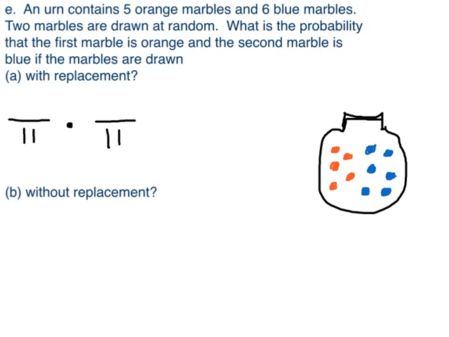Alright, so the first marble is orange, well, we have 5 orange, so it would be a 5 out of 11 chance. And that the second is blue, there is a 6 out of 11 chance. So we have a 30 in 121 chance of that happening. Without replacement, if we have,